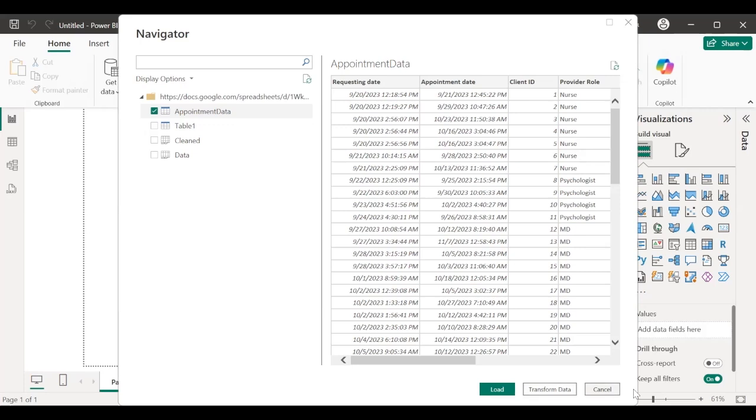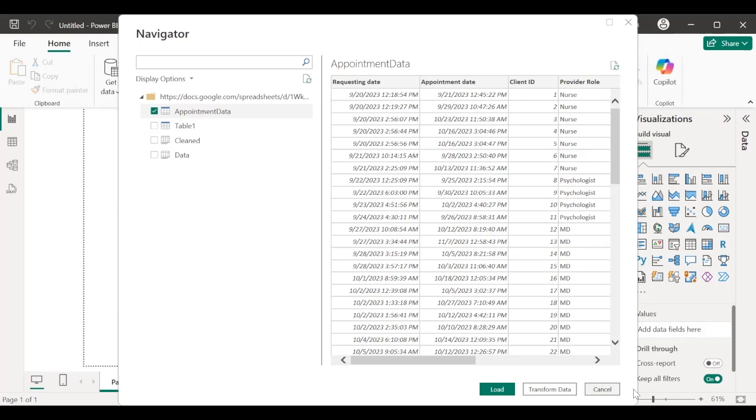Oh yeah, I just want to mention one more benefit. There's no need to access local files, since the sheet is hosted online in Google Drive. You don't have to worry about where it's saved, which version is the latest, or whether your file path changed. You can just load it using the web connector and keep everything cloud friendly and consistent. So in summary, using Google Sheets in Power BI makes your data more dynamic and encourages team collaboration